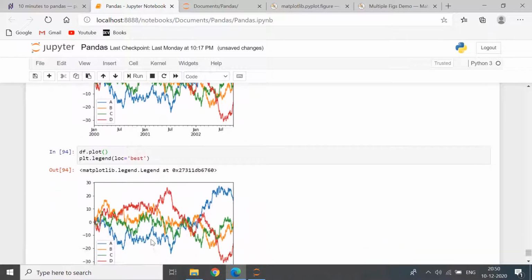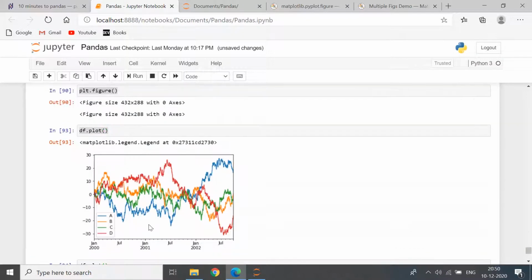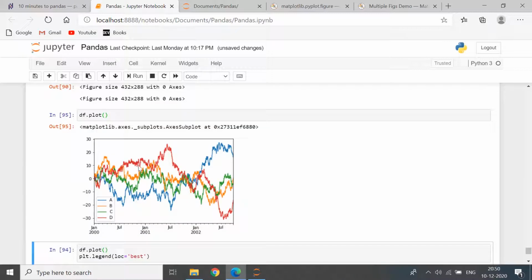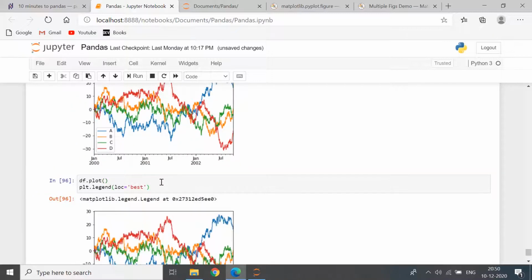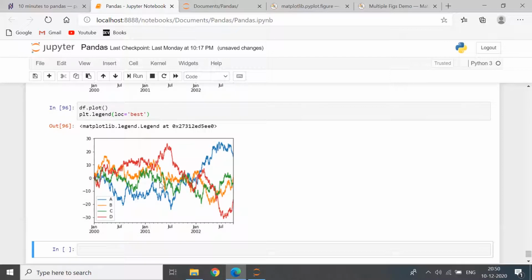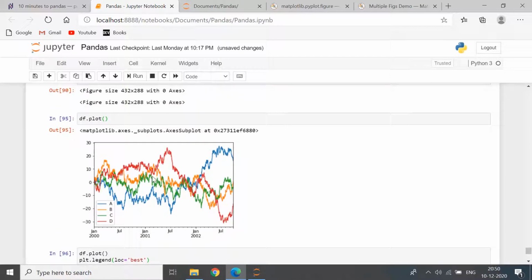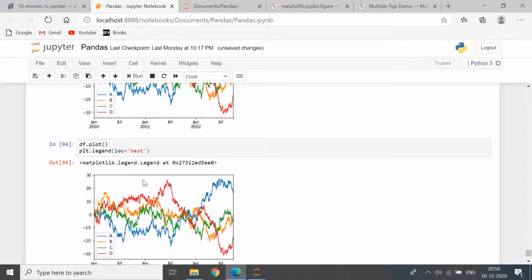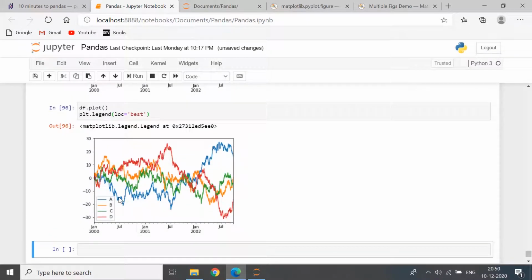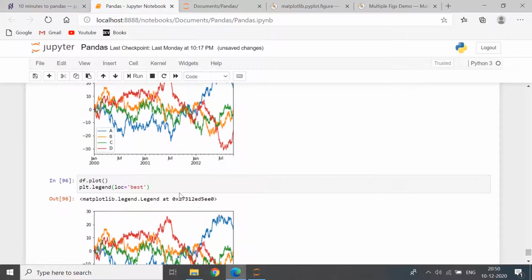So here we go, and I can't see anything different. So this and this. Hmm. The scaling is the same, the graphs look the same, the legends are there.